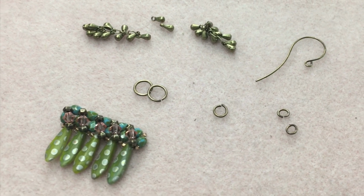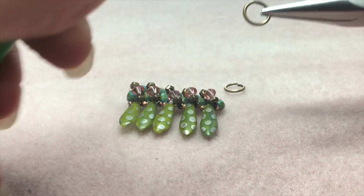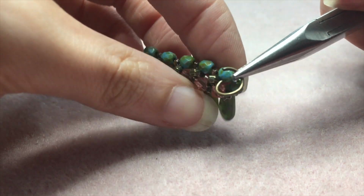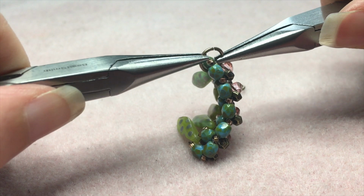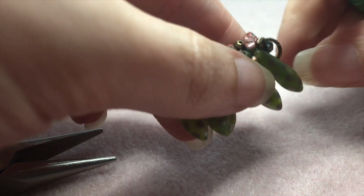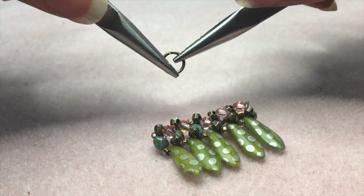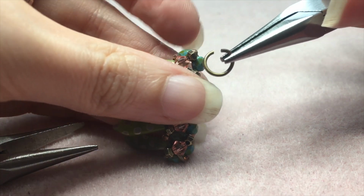Now we'll be working on the findings parts of our earrings. I'm going to take two of our large round jump rings and open them sideways, not lengthways. You're going to place those rings through the top corner of the first and last square that we made. Using your chain nose pliers, you'll just open and close the jump ring and place it right in that top square. You're going to do the same thing for the other side, so open another large round jump ring,